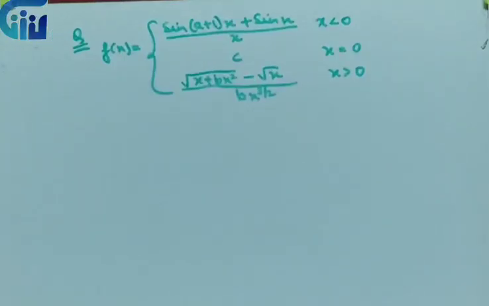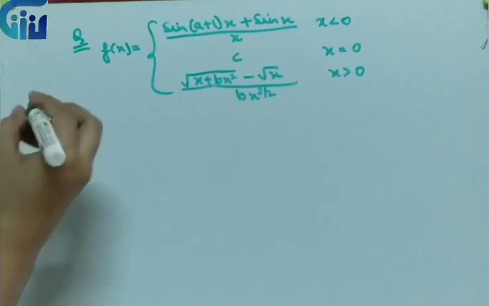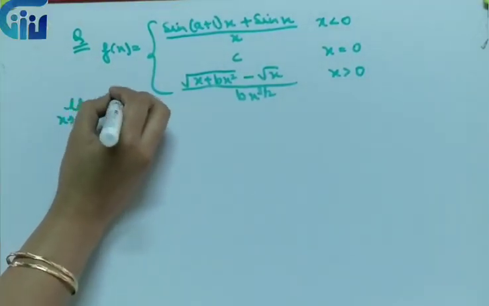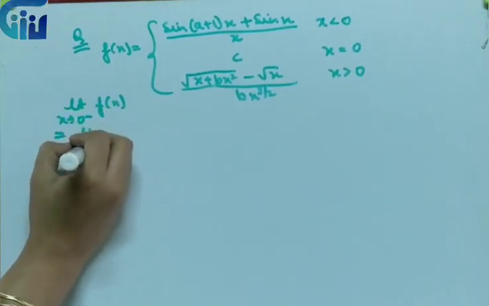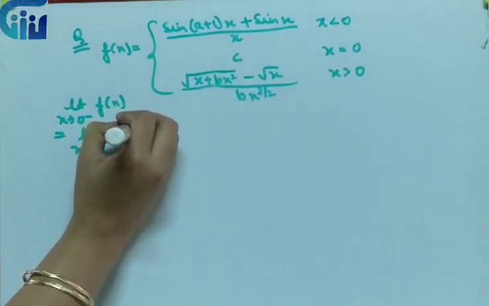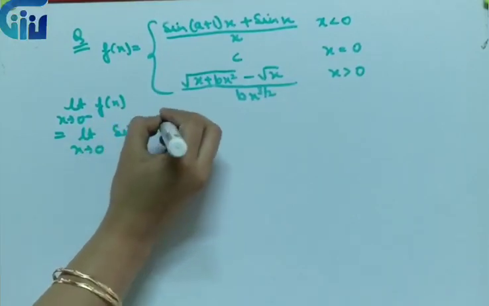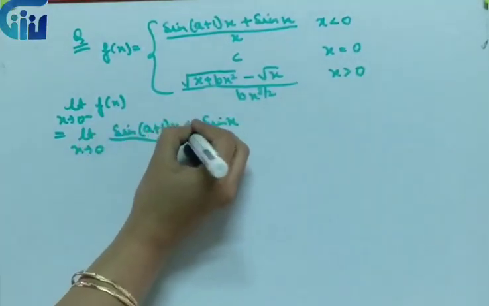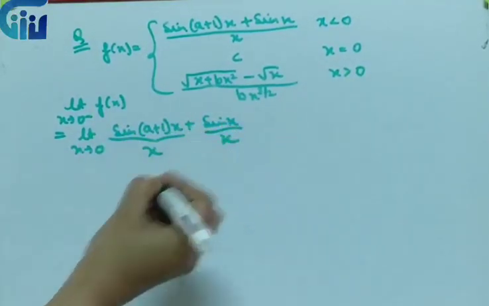A very important question has been asked in board exams a couple of times. The given function is continuous at x equal to 0. We have to find the values of c, b and a over here. Just observe very carefully. Again we will say the left hand limit is equal to right hand limit is equal to value of the function. So I'll start from the left hand limit. Let's solve it. For the left hand limit, it is (sin((a plus 1)x) plus sin x) upon x. I'll break this x into two parts, which I can do.